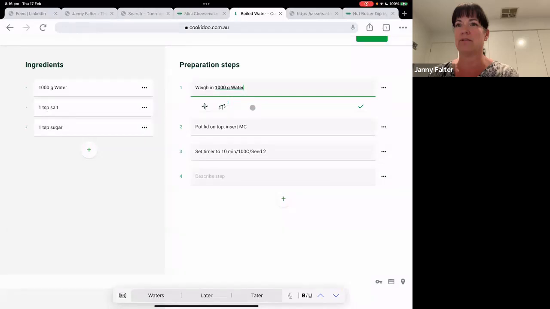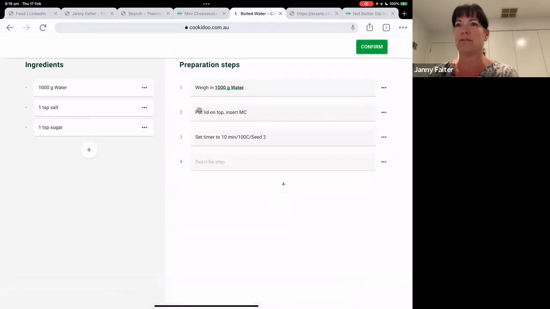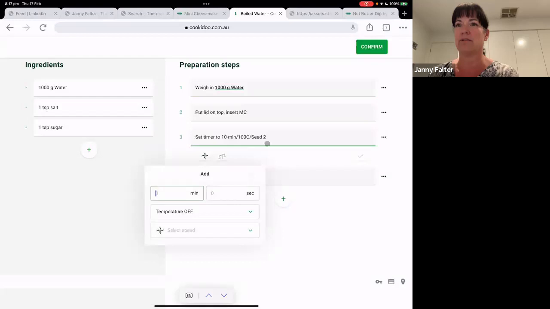It will bring up the scales automatically. It will ask me on the screen to weigh in the water. So, okay, that step is done. Here we don't need to program anything, but here I want to set the timer to 10 minutes and also the speed and the temperature. So I go into cooking settings,